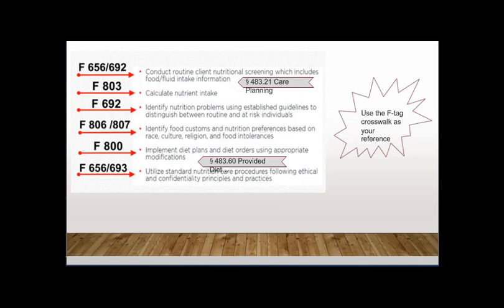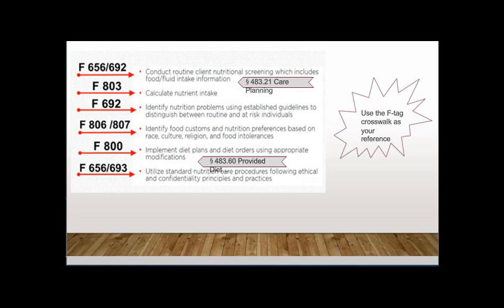And then we look at 692. That's one of the quality of care indicators, and 692 is nutrition and hydration status maintenance. So that all ties together. Once again, looking at our crosswalk, we can say, okay, I need to take a look at what all is involved under 692, the nutrition hydration status. So I'm going to look for